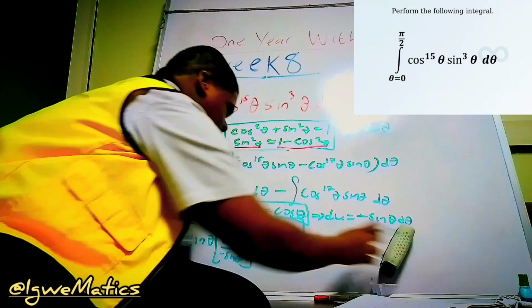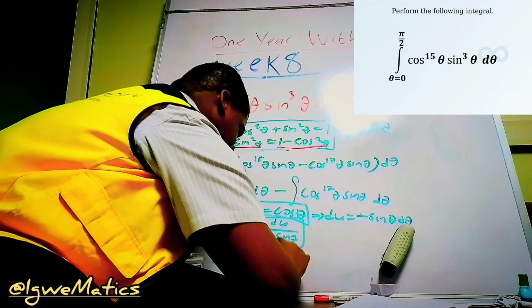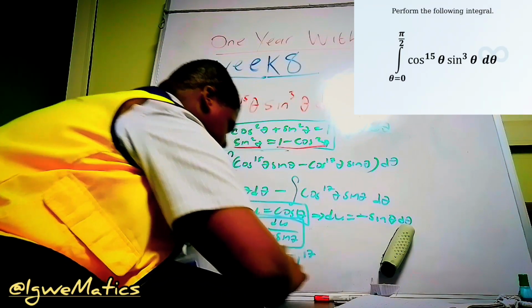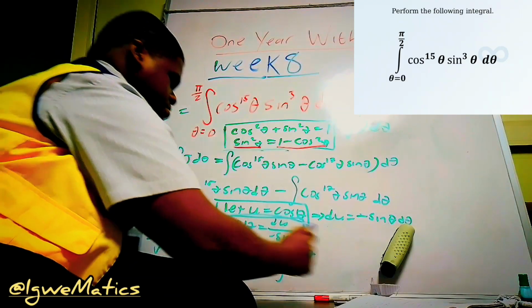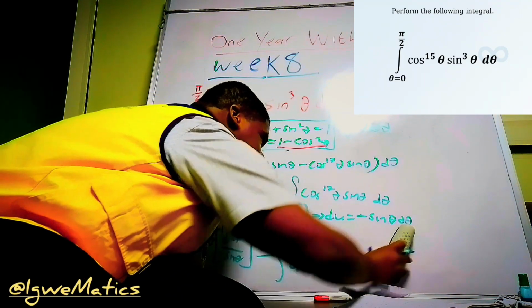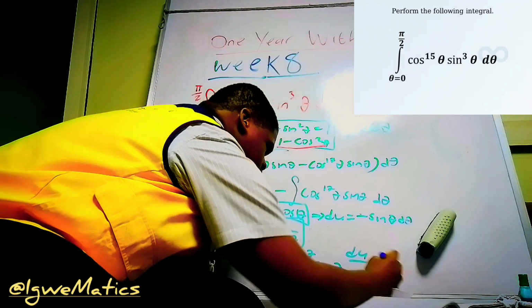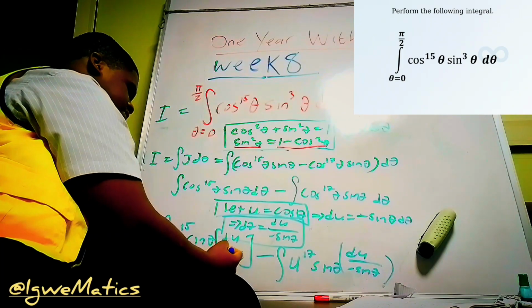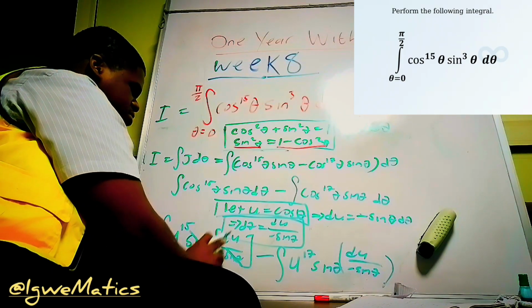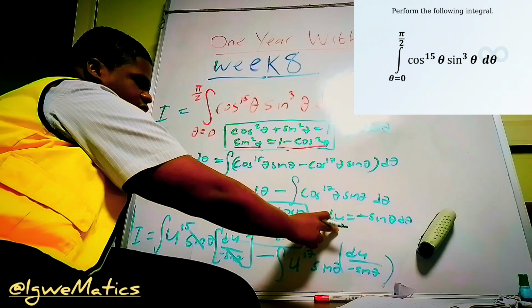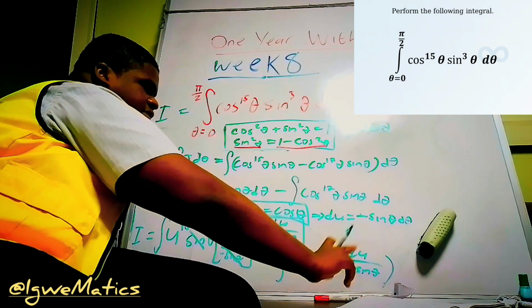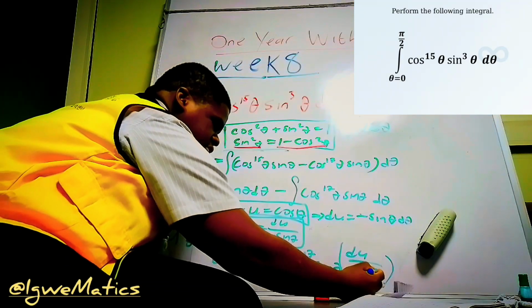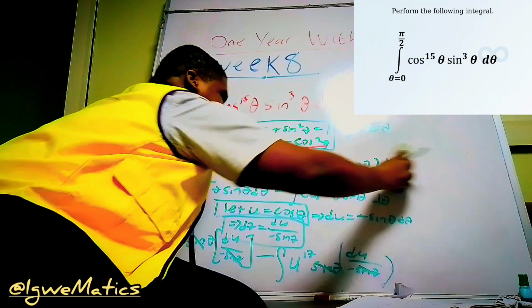Okay. The second part, we have minus the integral of cos to the power of 17 theta, which is u to the power of 17, for the same reason that we have u to the power of 15 here. Sin theta, and d theta is equal to du over minus sin theta. You can now cancel some things out. Sin theta here will cancel sin theta here, and you're left with minus du. As I said before, I could have just substituted minus du for sin theta d theta, but I didn't use it again. So sin theta here will cancel sin theta here, and sin theta here will also cancel sin theta here. So what you're left with will be